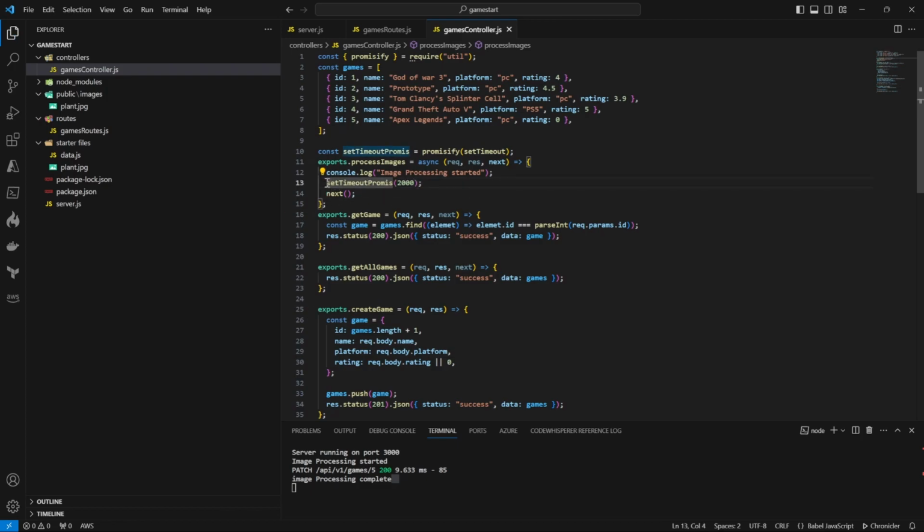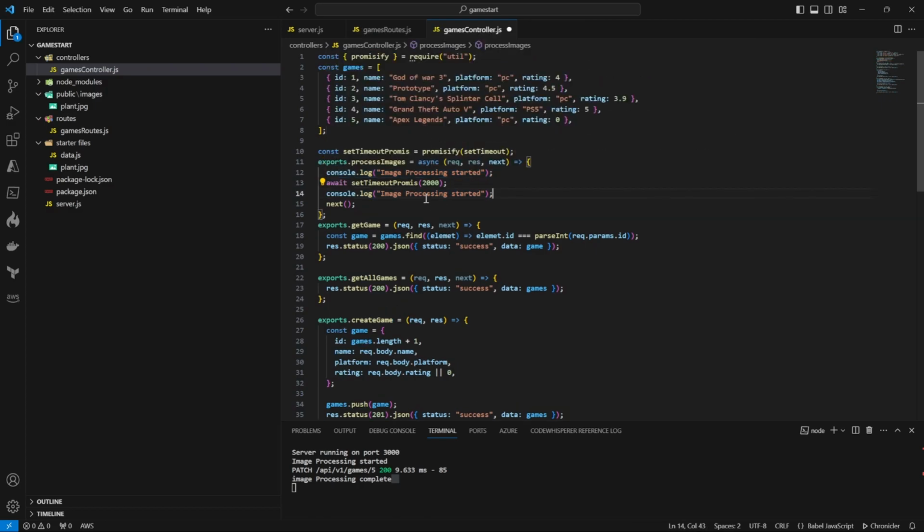And then we put await here. Because it is a promise, we can await it. Okay. Now, because when I got rid of set timeouts, I got rid of the value we had in the callback function. The moment we do Promisify, we lose the callback because it now becomes a promise. So what we can do here is after 2 seconds,